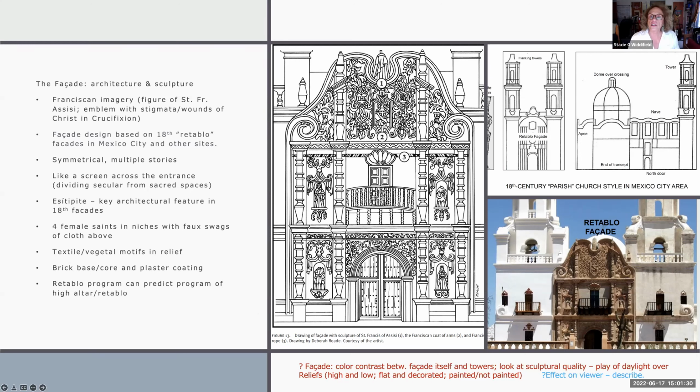And then below it, we have a shield, which frames a kind of symbolic version of the Franciscans, which is a representation of the stigmata of Christ, the wounds of Christ. Each of the orders had their patron saint, and then they had an emblem that could substitute for their identity. You could use it in a variety of different